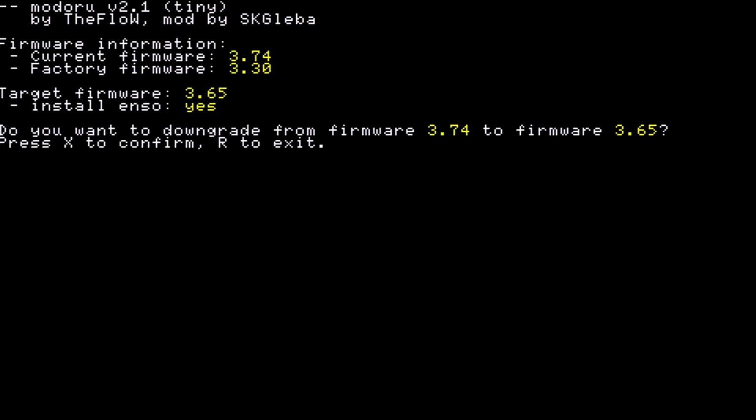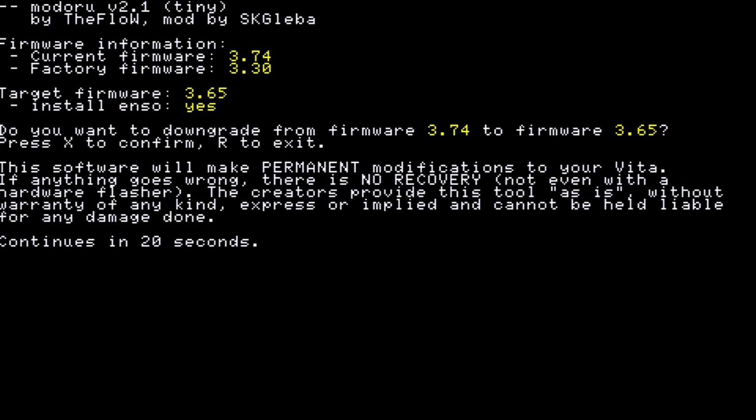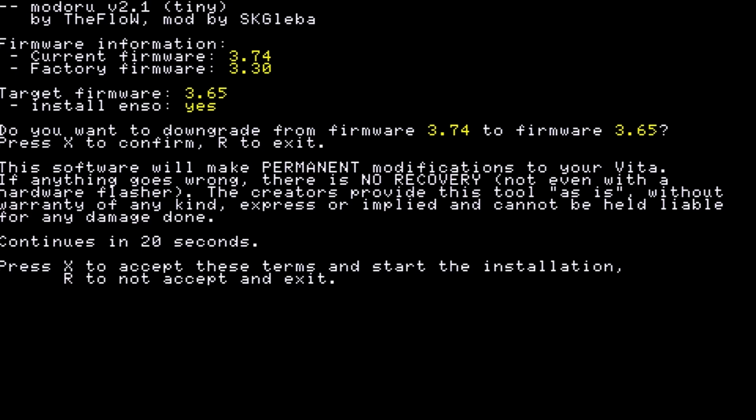However, if you are able to continue on here, as you can see, we are targeting 3.65 with Enso. We can now press X to confirm, and this is going to give us another warning right here. Make sure you read this warning, understand it, and wait for the time to pass to allow us to continue. If you accept the terms here, you can now continue on, and once you continue, I recommend just letting this